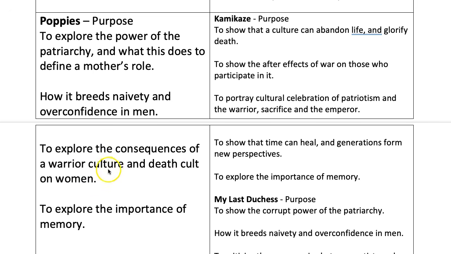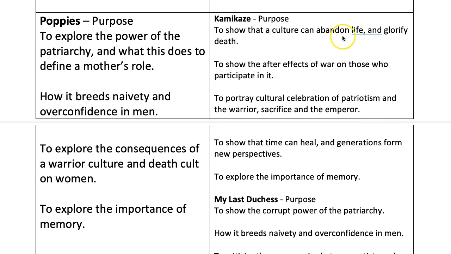You can only have a warrior culture to make men happy joining it. And she explores the effect this has on women, in particular mothers, and to explore the importance of memory. You know, the whole poem is told through the mother's memories and in the past tense. Well, as you can see, there are loads of connections with Kamikaze, which is also to show a culture which